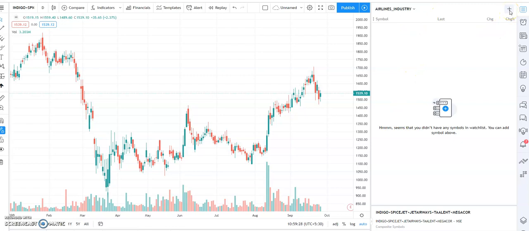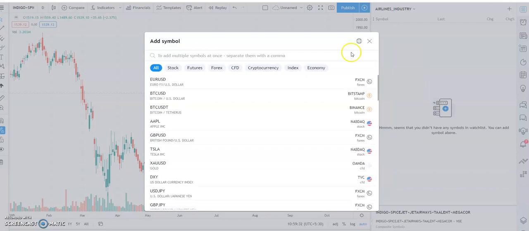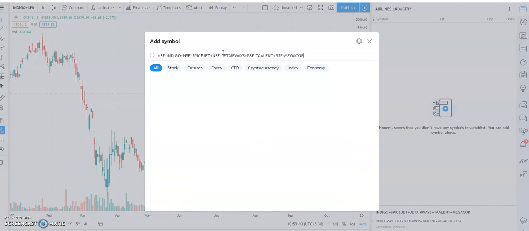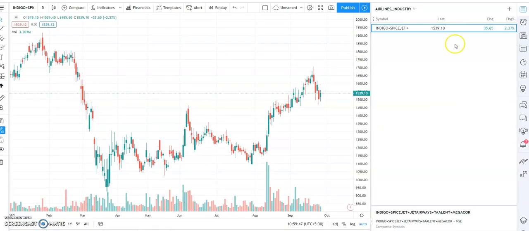Now we have to create a list. Just click on the plus mark. Just do a Control V. Just click enter. So there it goes.